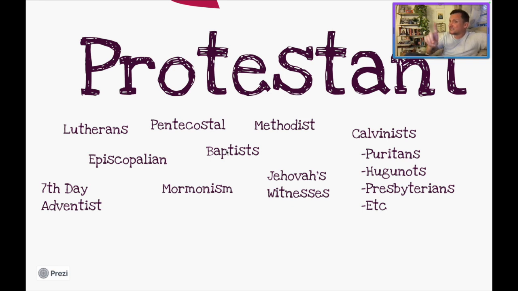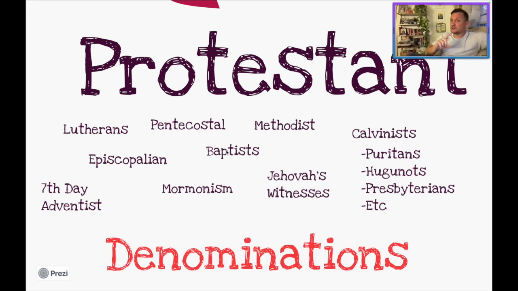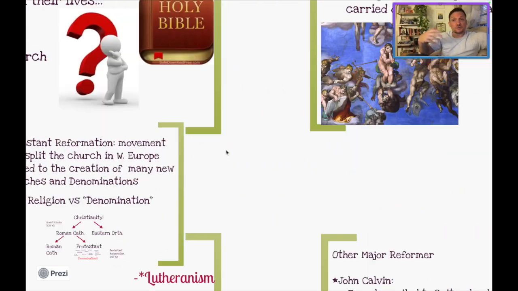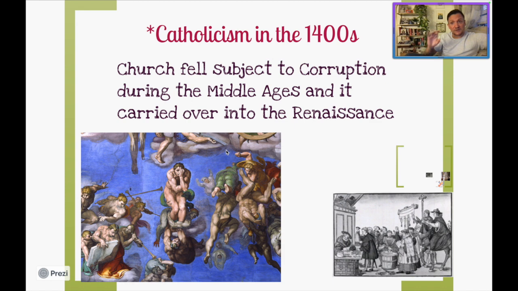Now, really quickly, that key difference right there is what leads to this breakup of churches and the creation of Protestant faiths. But when we look at all these different types of Protestants together, we refer to them as the multiple different denominations of Christianity, right? Denominations, when we refer to them in the splitting of the Roman Catholic Church in Western Europe during the 1500s, we are basically talking about the creation of a bunch of new churches and what is known as religious plurality inside of Western Europe during the 1500s, all right? So these new denominations will pop up and they will solidify themselves in a lot of different countries throughout Europe during the 1500s, right?